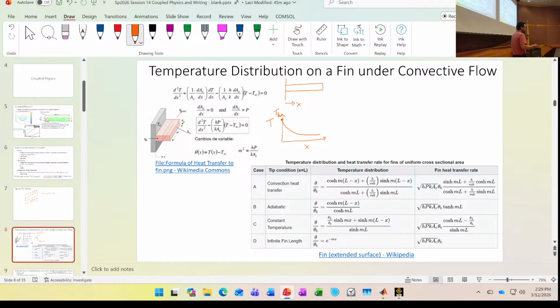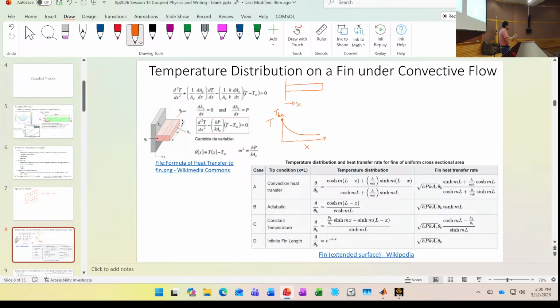Now, what's going to affect that profile? We're giving up heat, so the base temperature is higher than the ambient temperature. We talked about this a few seconds ago. If the turkey is the same temperature as the air in the oven, there's no heat flux. There's no heat transfer between the turkey and the air, or vice versa. So in this case, the ambient fluid is going to be cooled.